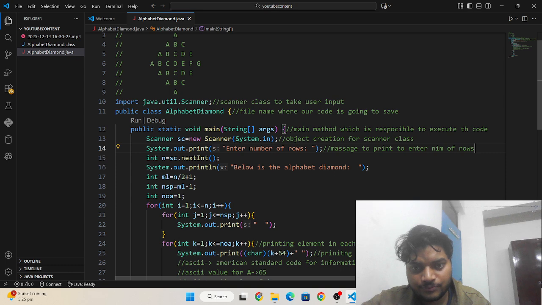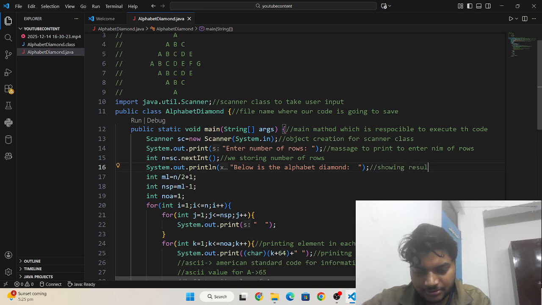Okay, we are storing the number of rows. And this is the line which will be used for showing result text to the user.